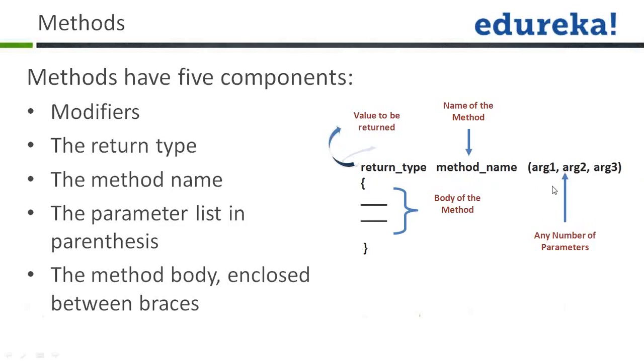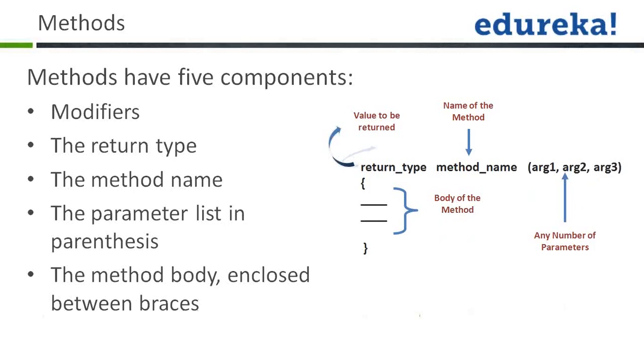Third thing is the list of arguments, or you can call it the parameter list. It contains different arguments. If a method needs certain values on which it has to do the computation, you take values right here. Example, if the method is adding two numbers, then it will require two numbers as the parameter. So you'll pass integer a comma integer b as the parameter, and those values will be used in the body of the method.